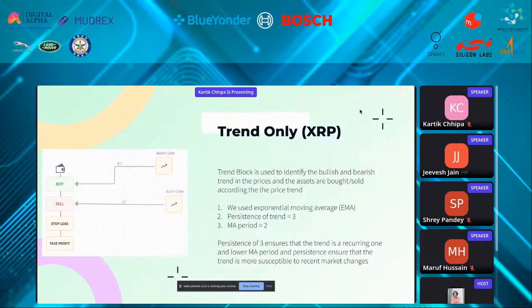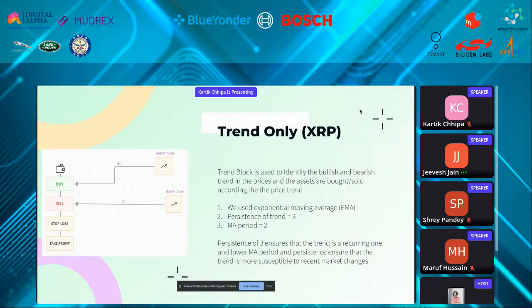So for Ripple, we simply use trend detection strategies because when we were trying to execute some very complex strategies with technical indicators, it was causing our performance to diminish a lot, even though returns were increasing, because of the data set. So we were sure that different data sets would produce different results, and it would result in an overfitting sort of situation. So we finalized on very basic trend blocks settings